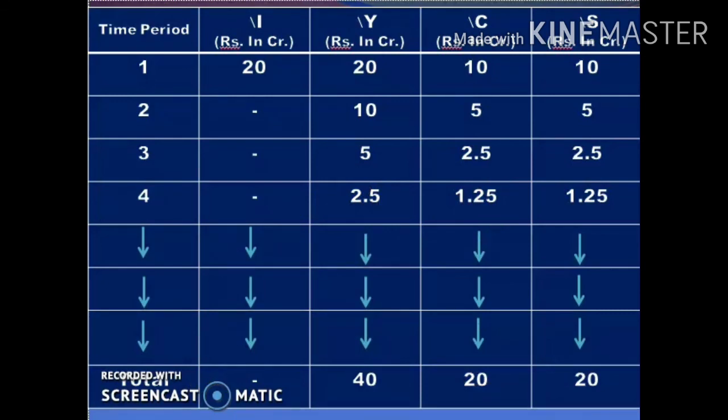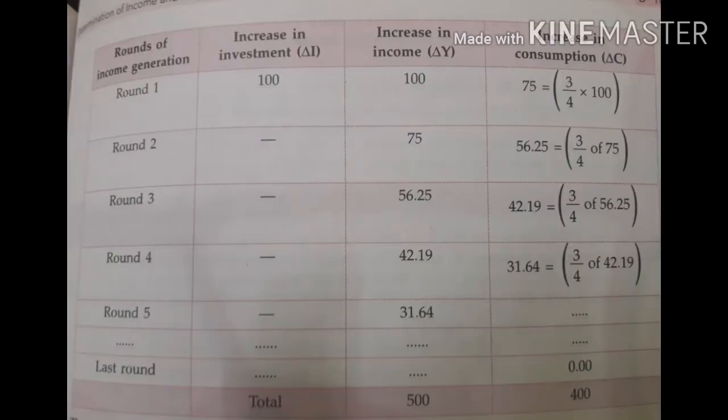So how much does the income multiply? You know how much the income multiplies? 40 divided by 20. 40 is 2 times the investment, that is how income multiplies. You know the answer to the question. Just see the textbook question. You can see that at a certain level it becomes 0, then afterwards it's not calculating, it stops, then you can find 400 as the finding. Like that you can find the previous one also.